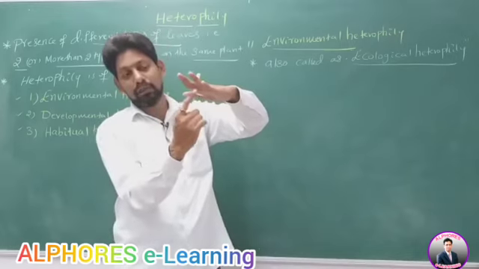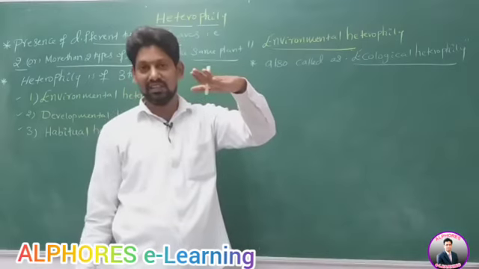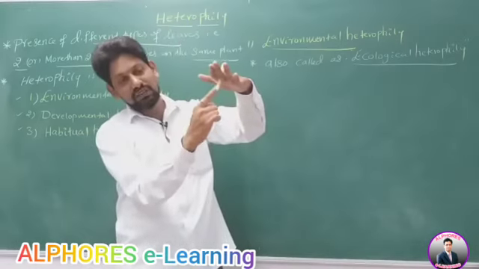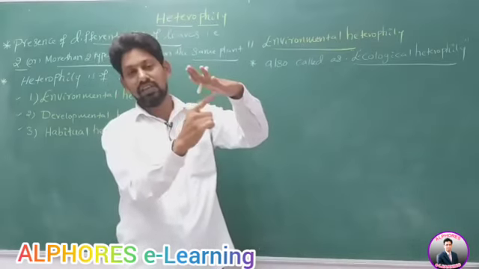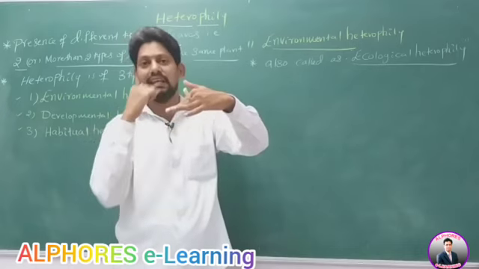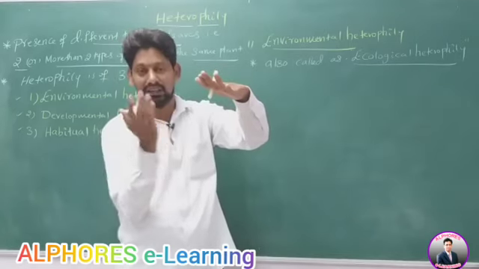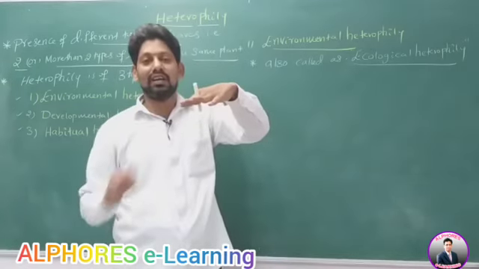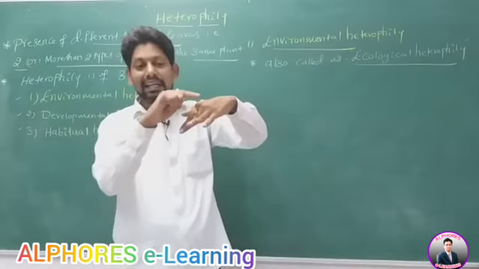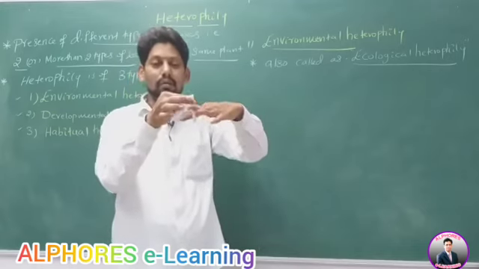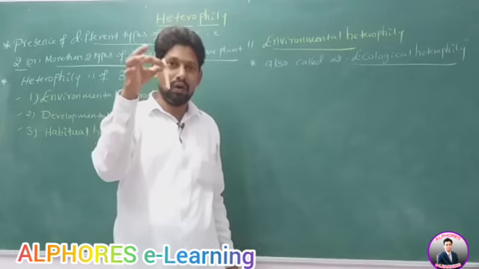Therefore, this is the submerged part of the plant, and this is the aerial part of the plant. So these are submerged leaves and these are aerial leaves. Submerged leaves are dissected, meaning cut. Aerial leaves are normal. It means more than one type of leaves are present here. Yes or no? Right.